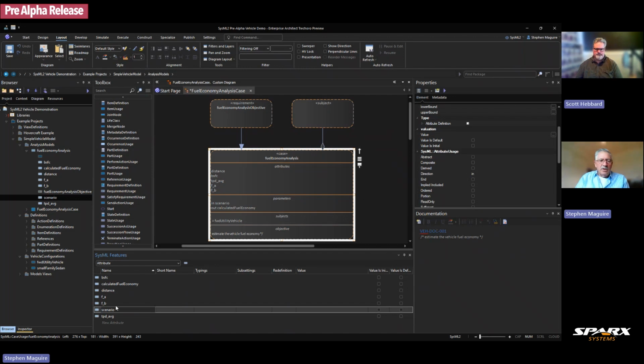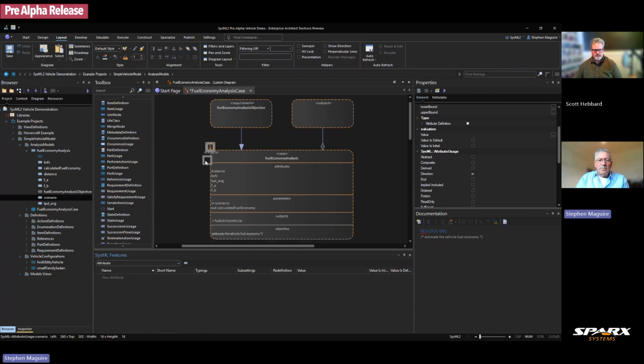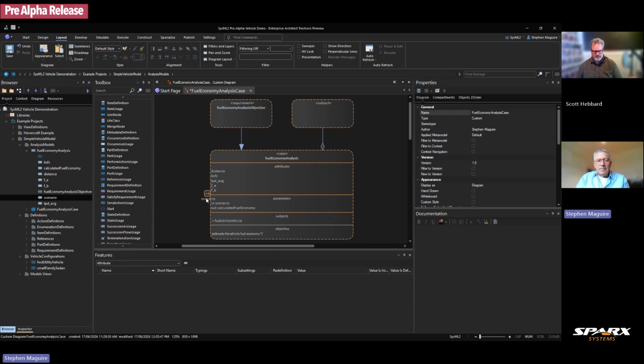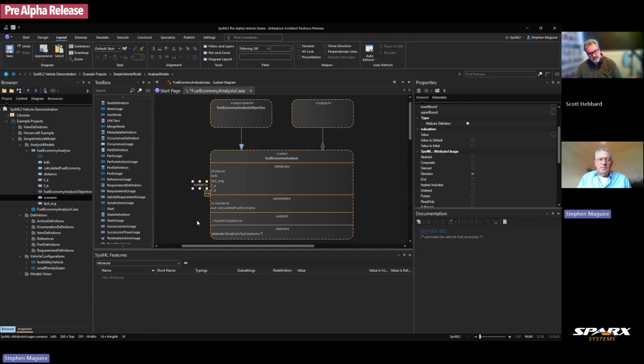So what I can do is right mouse click on this and say add to diagram. And what that's done is it's put up a little connecting arrow here, saying scenario there. So that's an input parameter